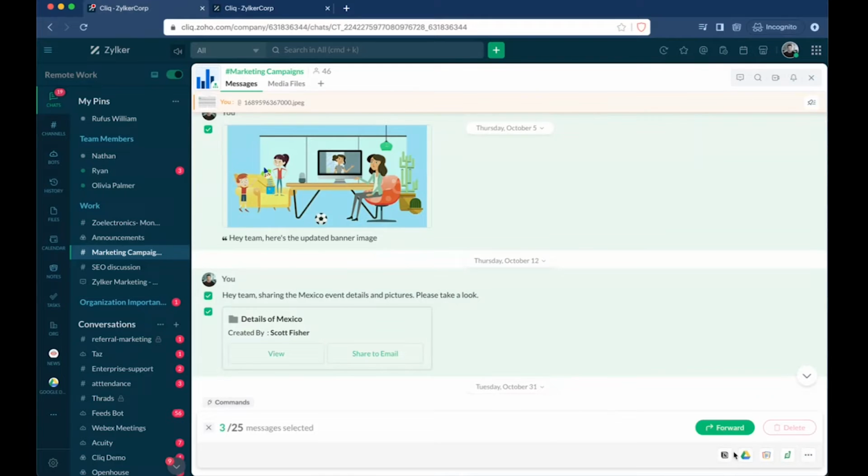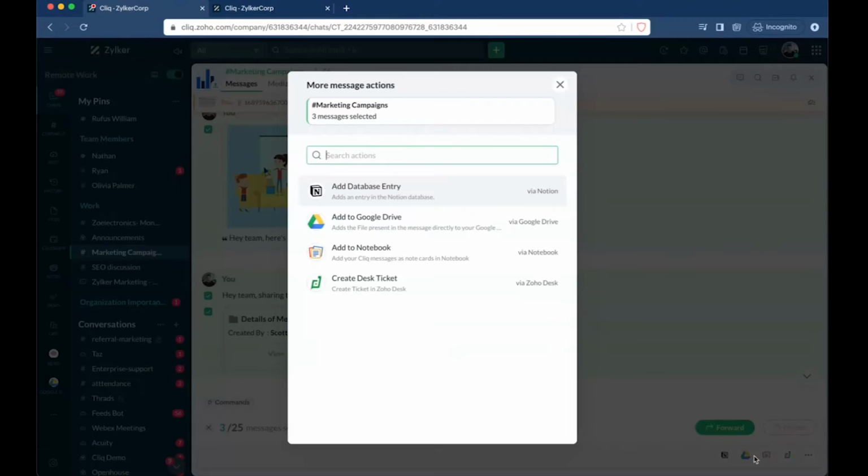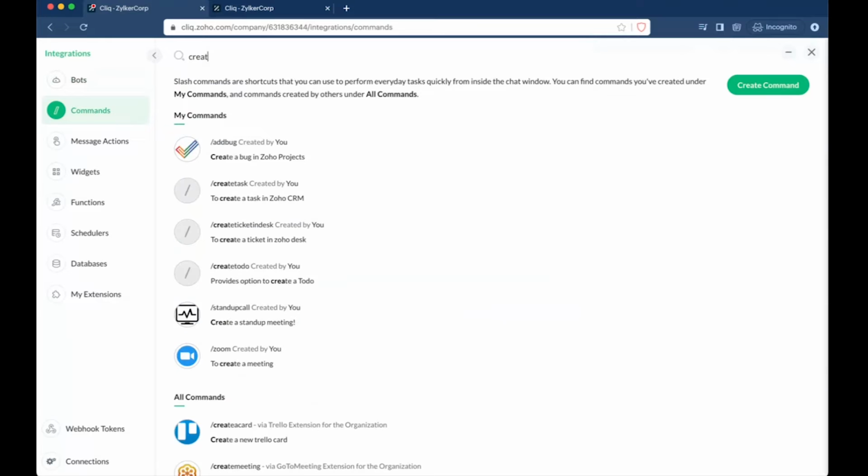These are the frequently used message actions by this user. On clicking three dots, all the message actions which support multiple message actions will be listed here. So you can add all these messages as a note to Zoho Notebook, or add to Notion or Google Drive, etc. First, let me access the create to do command